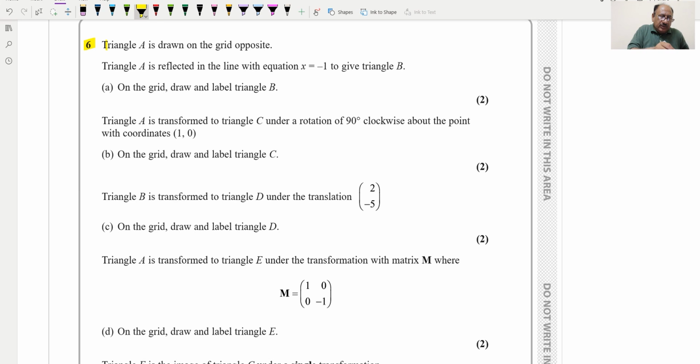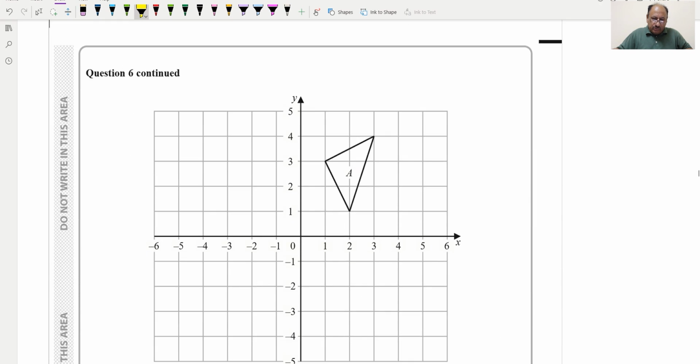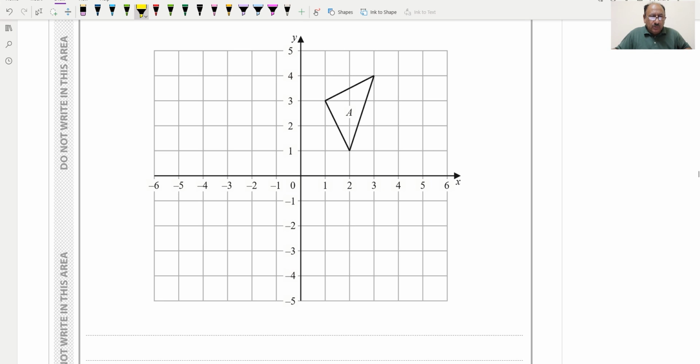Question number 6. The triangle A is drawn on the grid. Triangle A is reflected in the line with equation x is equal to minus 1 to give triangle B. On the grid, draw and label triangle B. So we have to reflect triangle A in the line x is equal to minus 1. Which line is x is equal to minus 1? It is this line, and we have to reflect